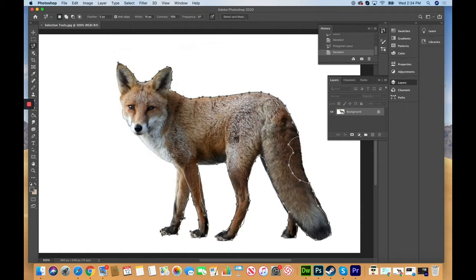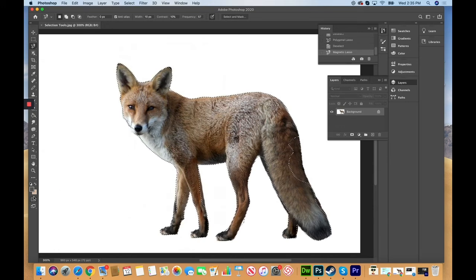And once I get back to the starting point, I want to click on that starting anchor point. So right at the top of the ear is where I started. I'm going to click right there, and notice now I have my path selected with the blinking lines. But I did mess up. It's not perfect. So if I want to be able to fix my selection, you can go to the mask tool,